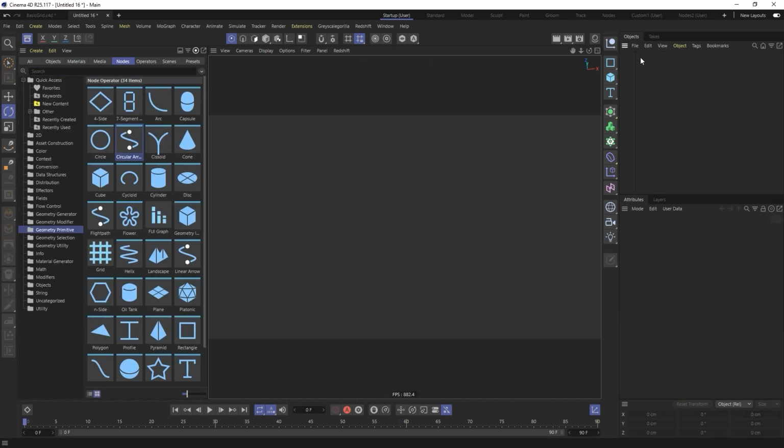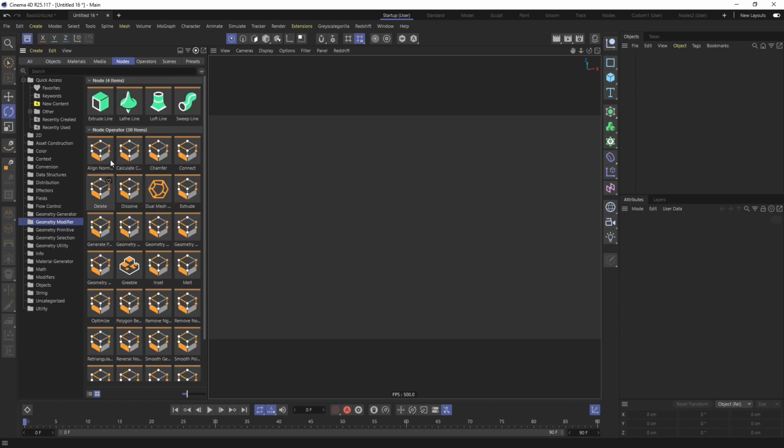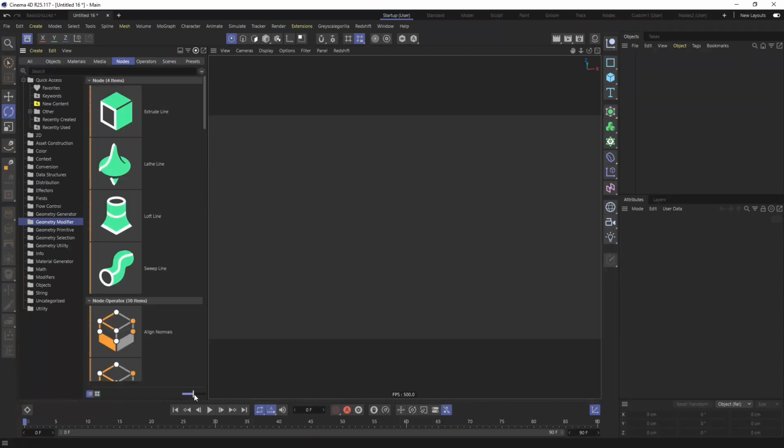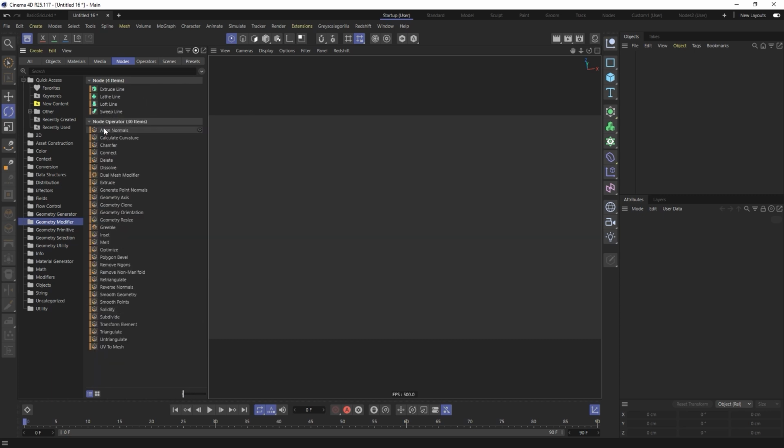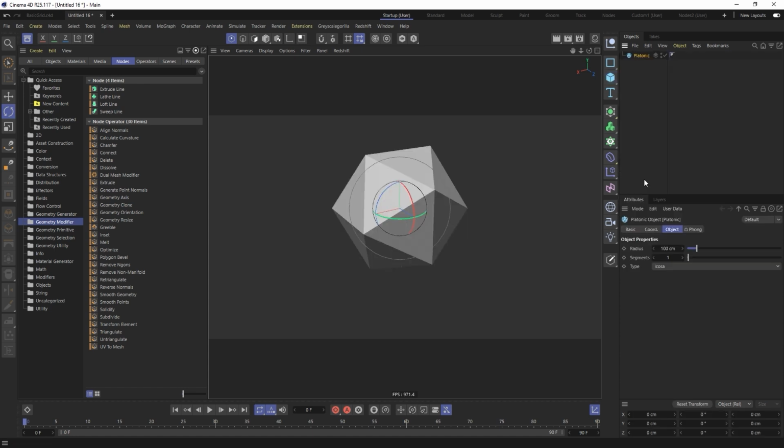Deleting the arrow, let's get set up for diving into some geometry modifiers, or these are just geometry nodes. The first thing I'd like to do is set that to be a list view, and usually they're a little bit larger. I like shrinking it all the way down so we can just read it as a list. In order to see the modifiers in action, we need some sort of geometry. So in the polygon objects dropdown, I'll create a platonic, change the type to a buckyball, which has always been